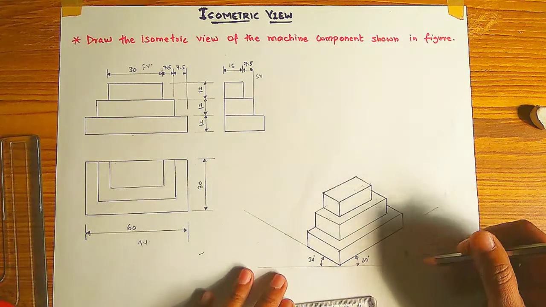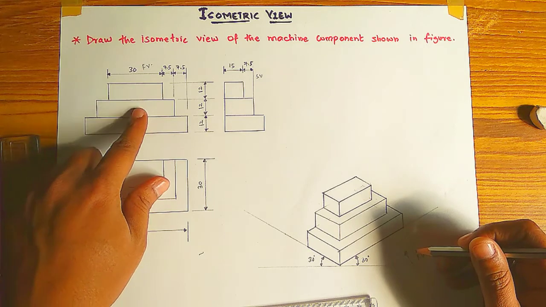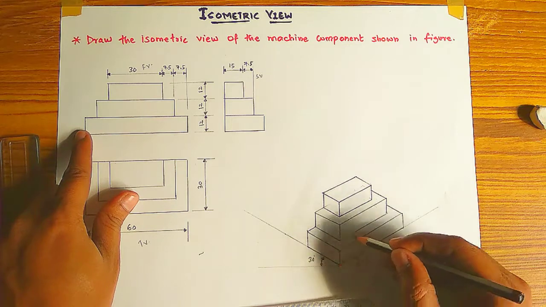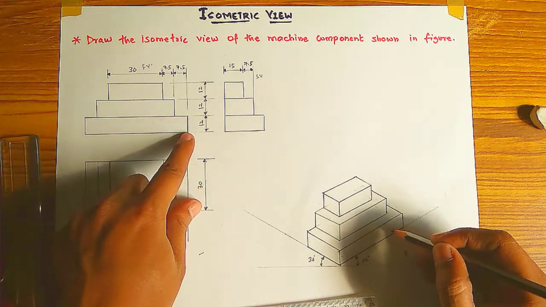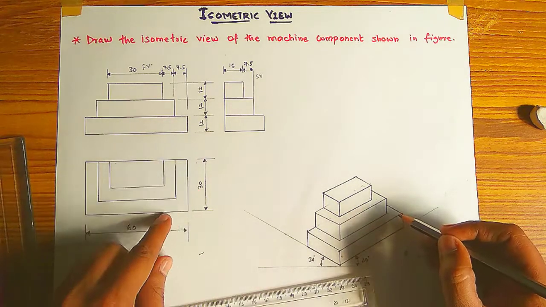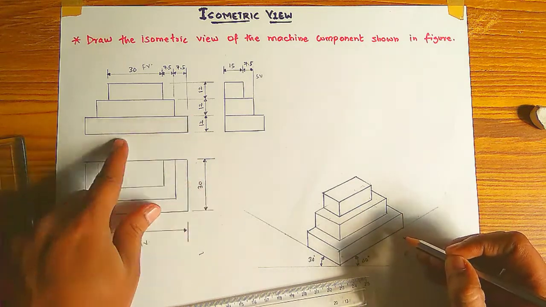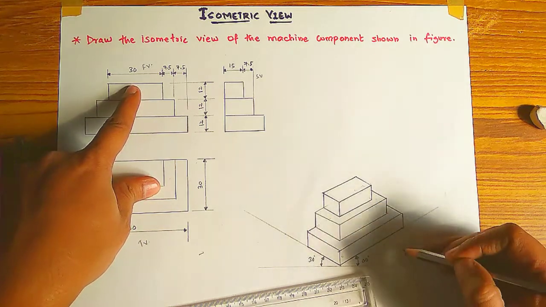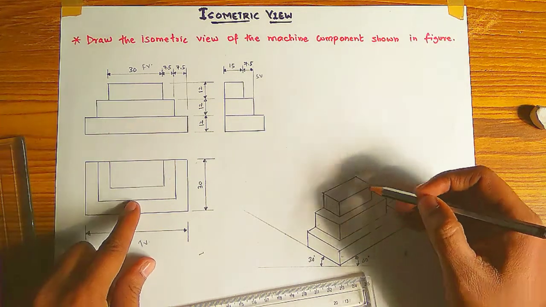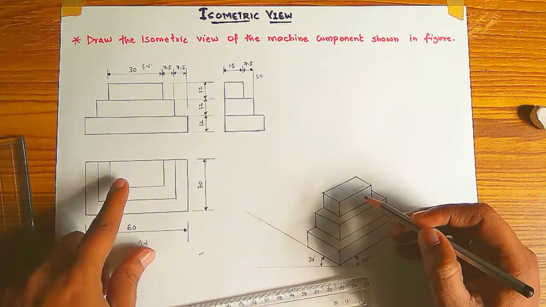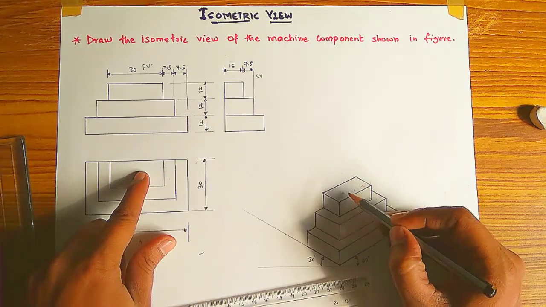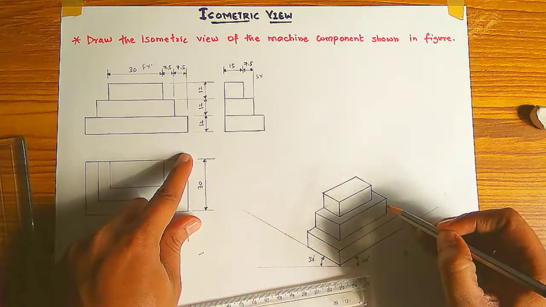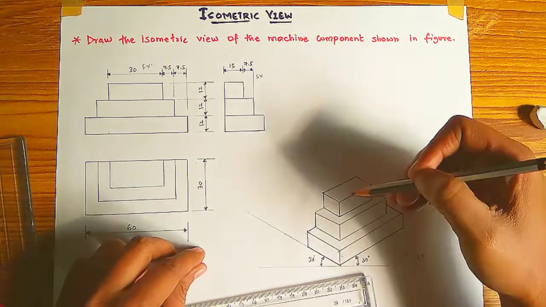Now you see, from the front view, the front view should look like this in the isometric view. This rectangle shape is the 60 mm and 30 mm plate, that is the front view. This plate is in front view and this plate is the second step and third step. From the front view it looks like that, okay, and from the top view this small rectangle shape is this one, and this area this one, and this area this one. That is the top view of this isometric view.